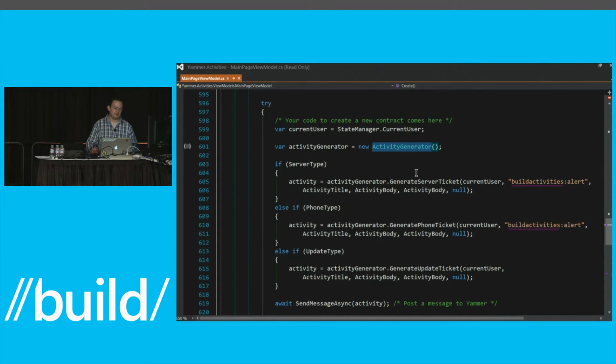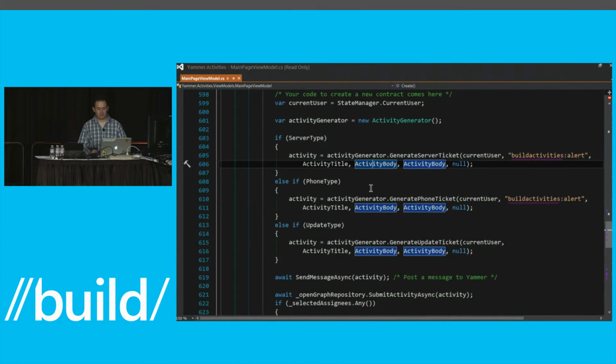And then we have this activity generator, this is just part of the application, just some boilerplate code that allows me to create the activities, and I'm going to show you in a few seconds. And then you saw that server type, phone type, and update type radio buttons on the UI. So what that is defining is the type of actions that we can use to engage our users. So talking about actions,